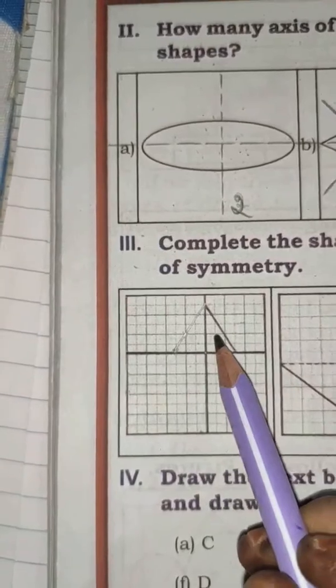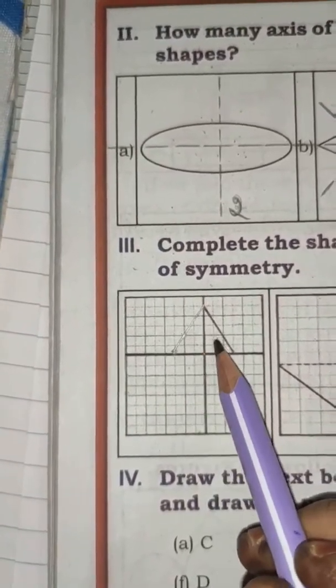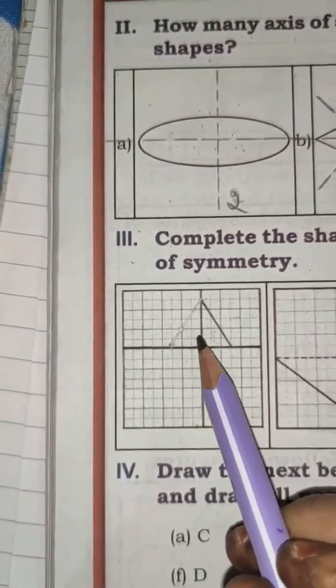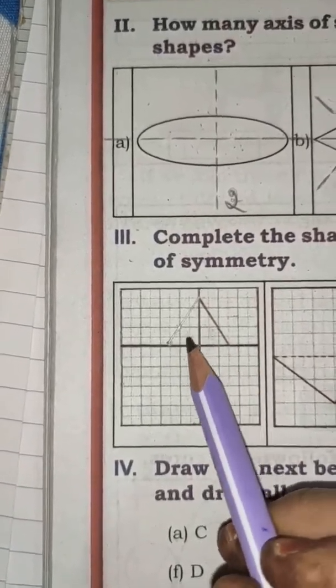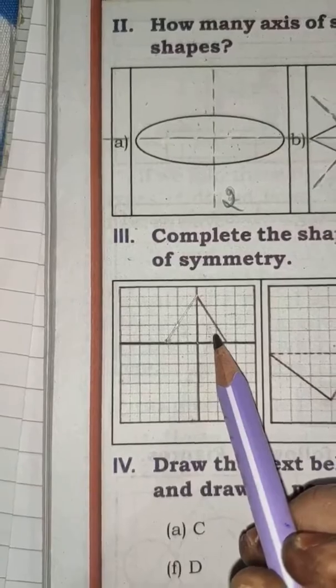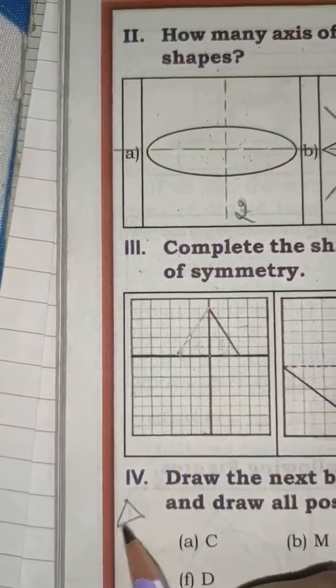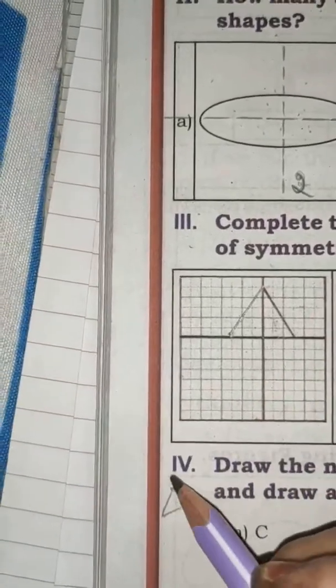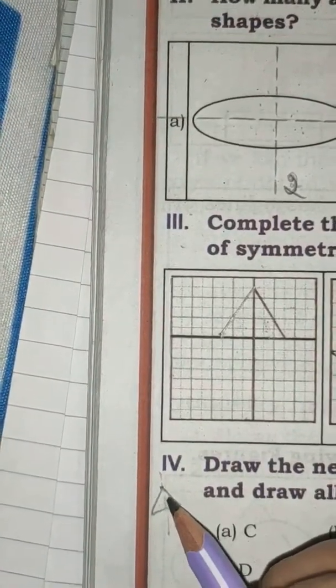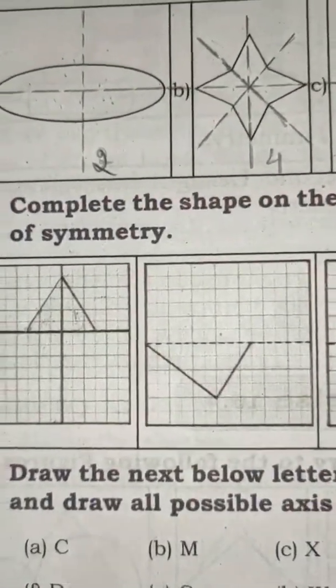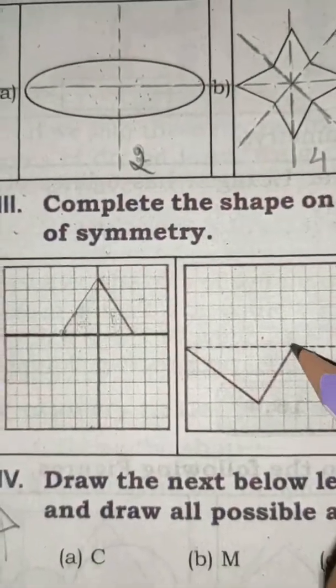Means if it is 1, it should be 1. If it is 2, it should be 2. Just I am giving an example. Okay, on both sides of the line the figure should be the same. That is called symmetry, isn't it? If you cut any full shape, any plane figure, both the parts should be equal. Okay, in the same way, you just see here, we'll take this one only from here.